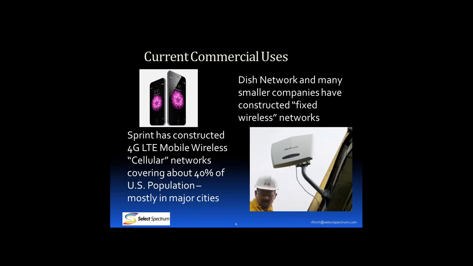You can see here a guy standing next to the eave of a house where there's an antenna bolted on. Unlike the mobile phones, that's a directional antenna. It faces a tower some distance away, and because it's outdoors and higher, it's a better antenna. The capacity on these fixed wireless networks will generally be much higher. So as licensees consider leasing their spectrum and how it will be used, it's going to be a different type of network, a different type of use, and potentially a different type of revenue, depending on whether it goes into the mobile network or the fixed network. But the same frequencies, the same licenses can be used for either.